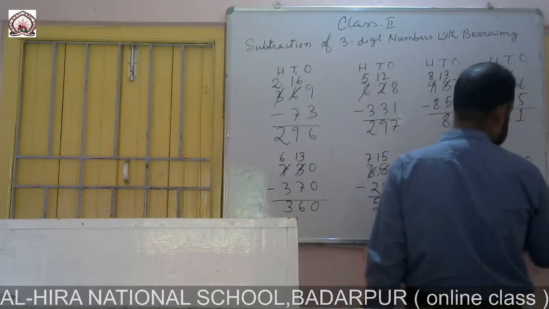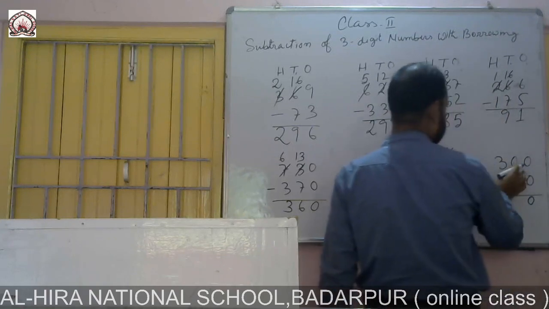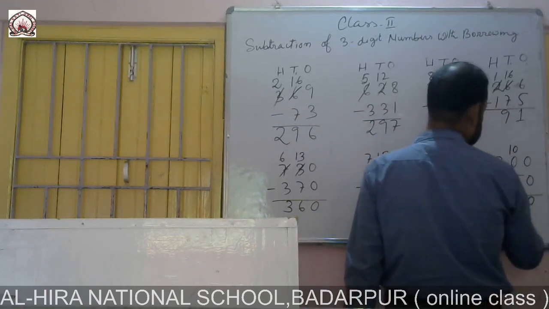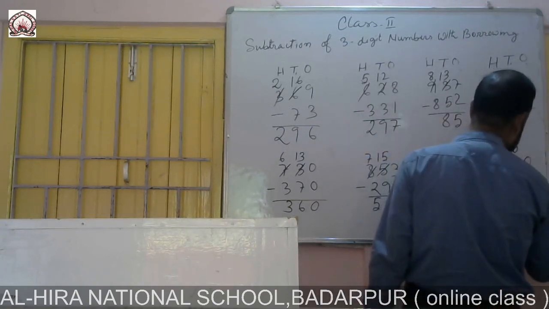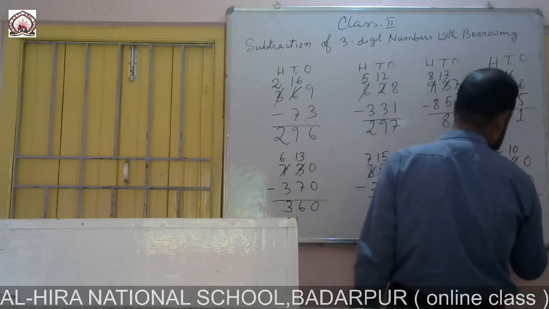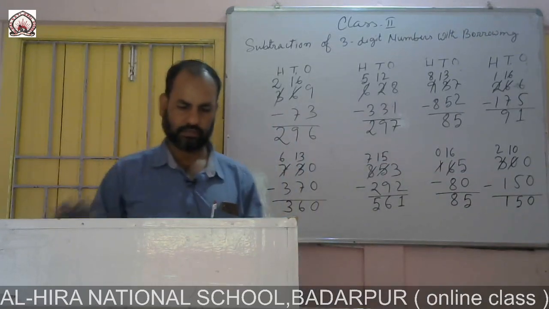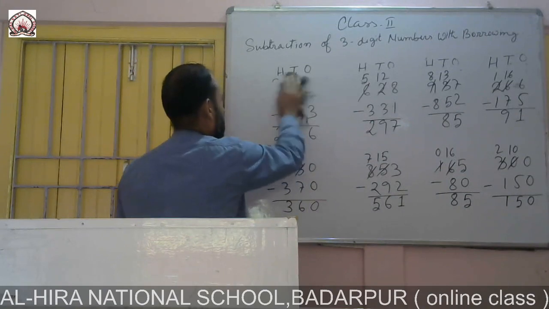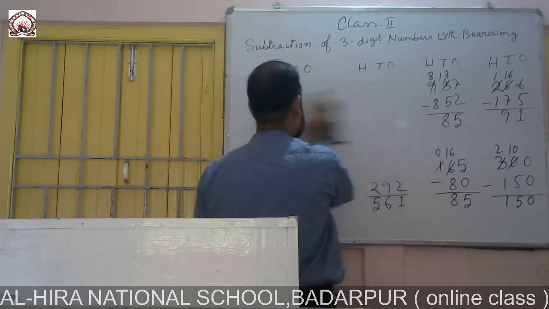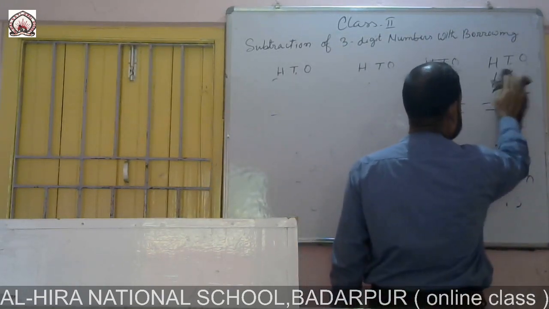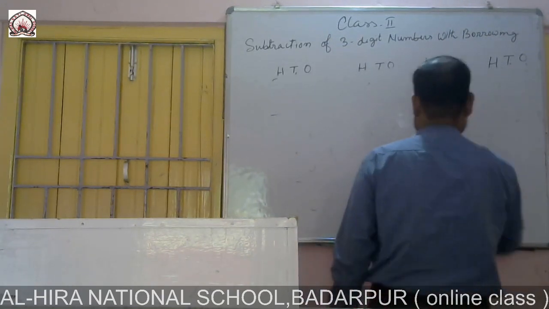Now 0 minus 0 is equal to 0, and 0 minus 5 cannot, then borrow 1, then there is 10. 10 minus 5, and there remain 2. 10 minus 5 is equal to 5, and 2 minus 1 is equal to 1. Now next,